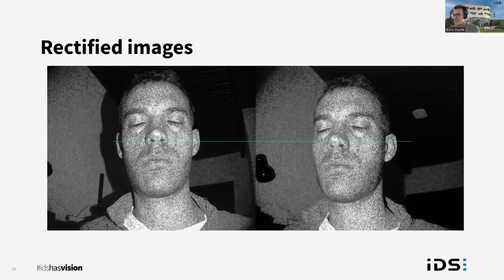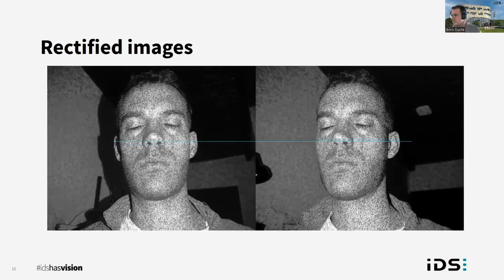So these images in this slide are before the rectification. Now I will do the rectification to align perfectly my images. Here is how it looks. And now each line of pixels of sensor 1 is perfectly aligned with the same line of pixels on sensor 2. It's very important, of course, for the matching algorithm, because it means that for every pixel of this line in sensor 1, I will look in the same line in sensor 2. Makes things much easier, of course.